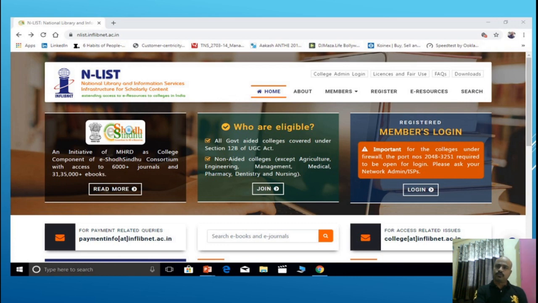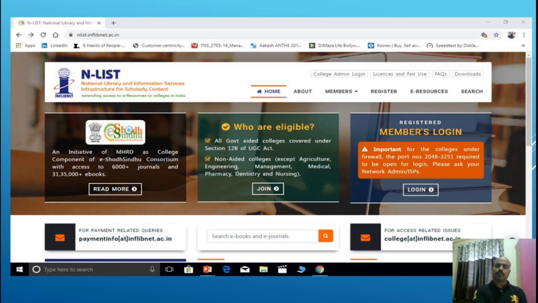Here you should note one thing, that Enlist is not an open resource. It is not freely available. You cannot search its resources directly. Your college has to take membership of Enlist so that you can get email ID, user ID and password for accessing the resources of Enlist.